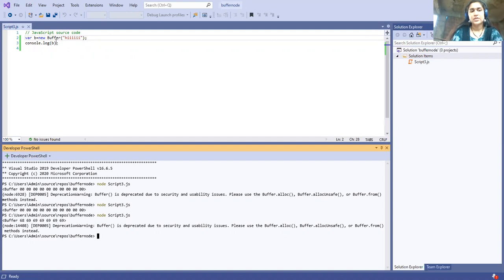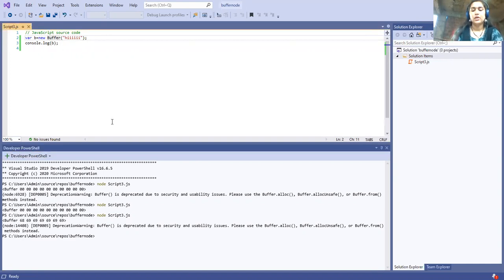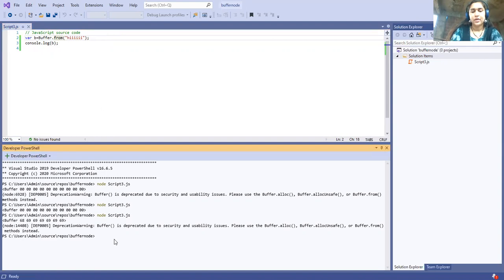Okay, so this is how to create the buffer. You can also create a buffer from another data structure by using Buffer.from. So here, instead of this, I can write Buffer.from, then hi. So let us see what the output will be again. Earlier, instead of writing alloc, I used new Buffer and then simply used the string, so it gave me the same warning: you have to use alloc.